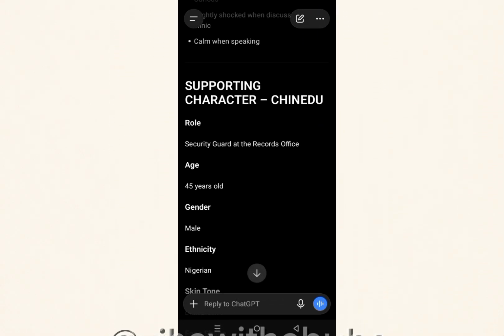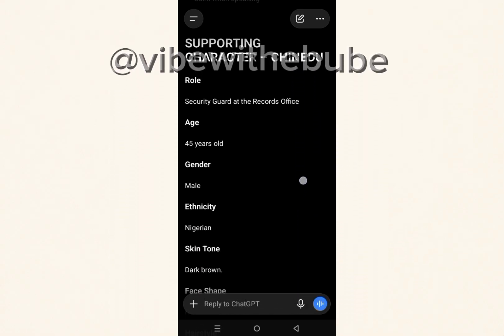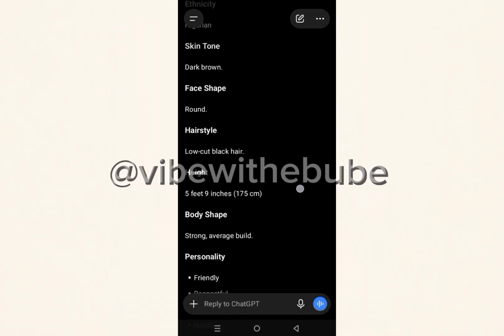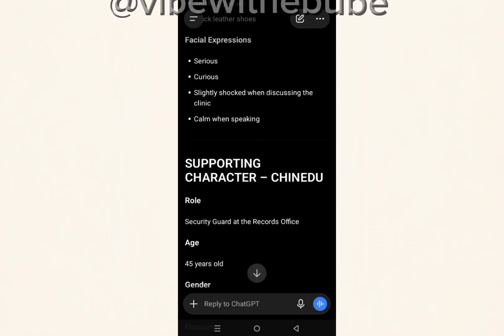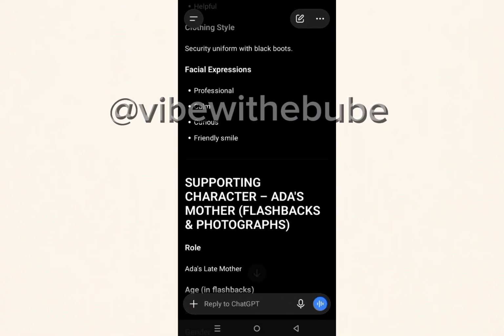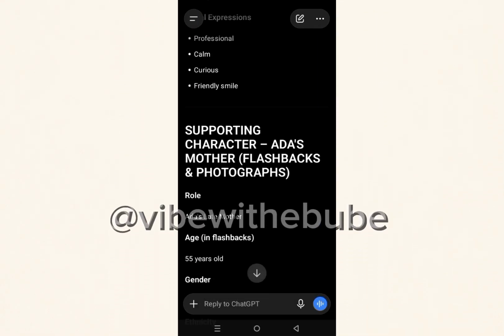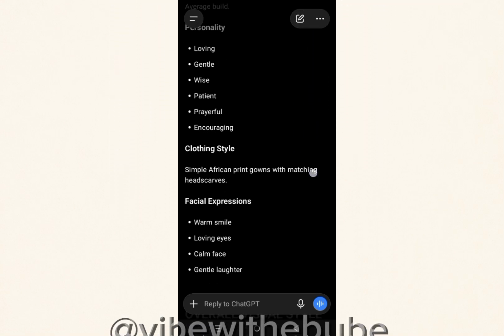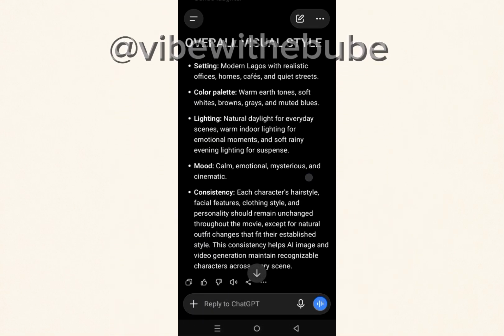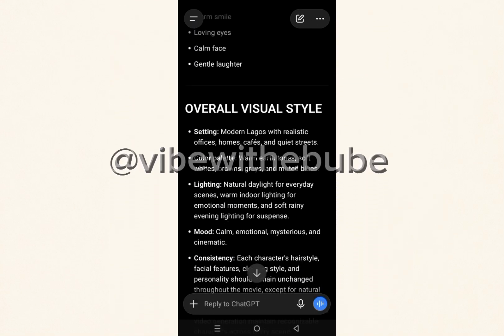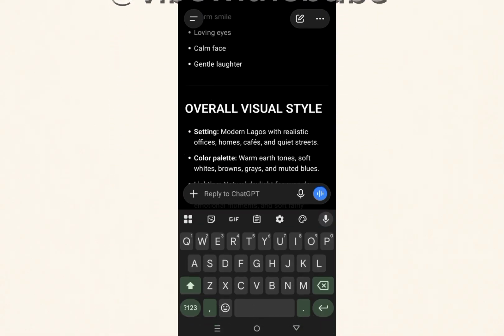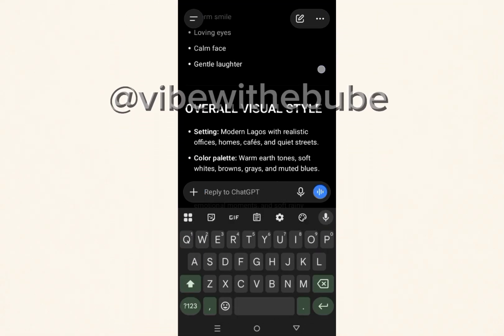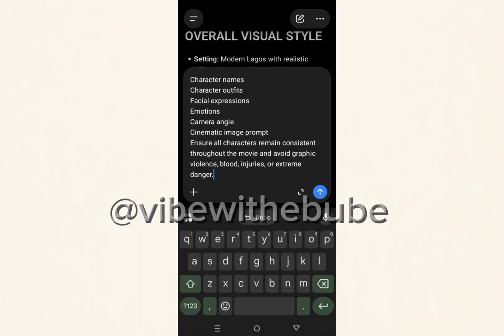Okay, so this one is supporting actors. Wow, supporting characters. Sorry, Chinedu, and also look at it, supporting character Chinedu. Okay, then we still have a supporting character again, Ada's mom, flashback. Now this one is their overall visual style, set in modern Lagos. After I'm done with this side, I still go ahead to our stage 4,